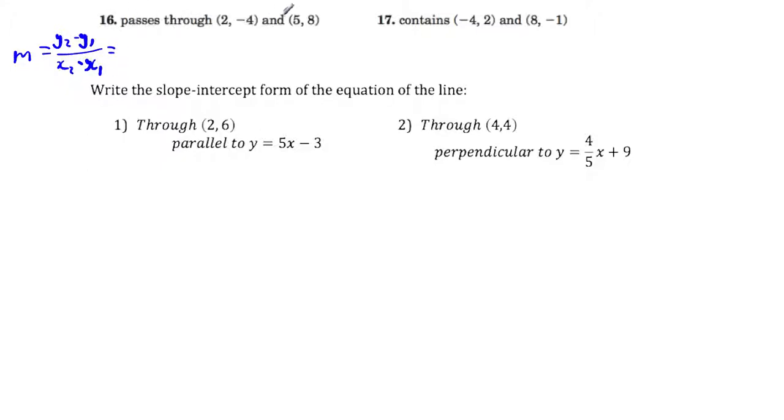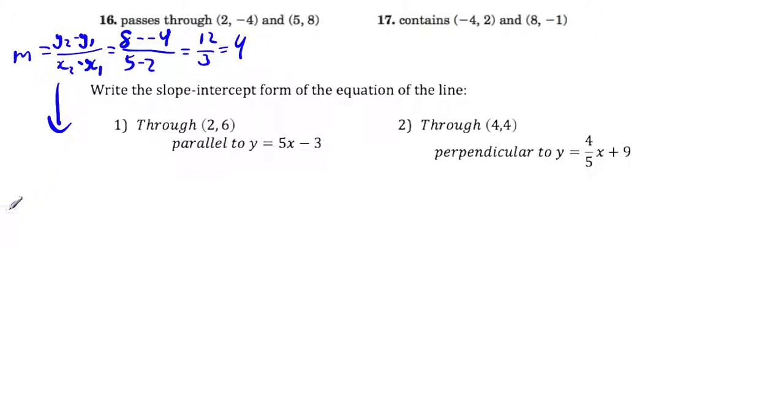And so we can take these points. So that's 8 minus a negative 4 over 5 minus 2. So that's 12 over 3, which is actually 4. So continuing on with this, I can see that I'm going to have,